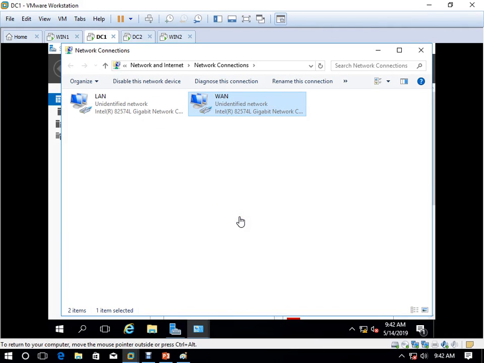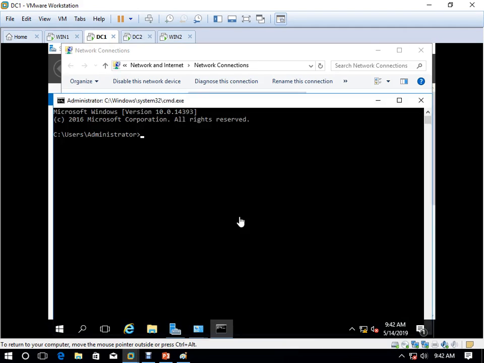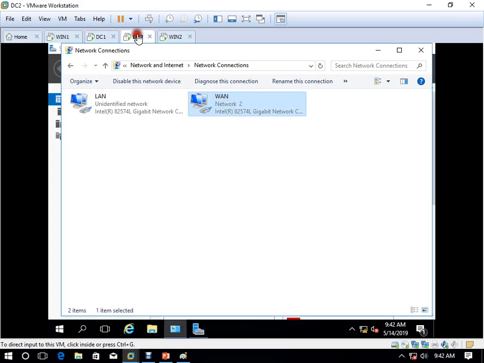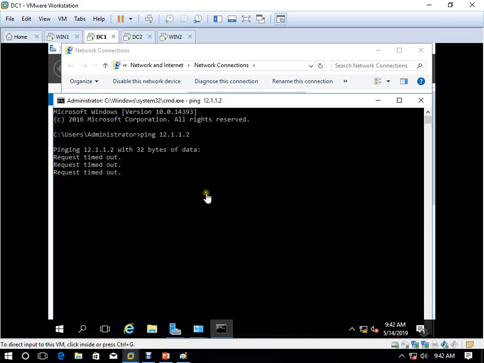Okay, after that you have to come to DC1 CMD. You have to write ping 12.1.1.2. You must see whether you are communicating or not. WAN to WAN means from DC1 WAN to DC2 WAN. They should communicate.